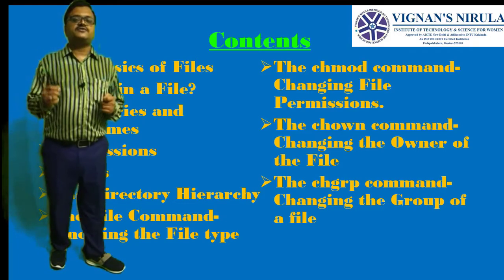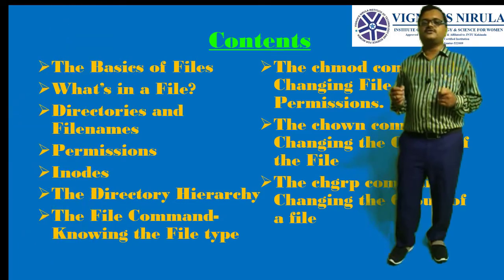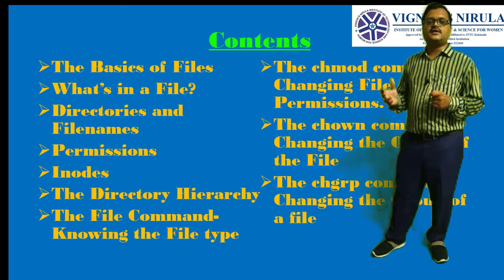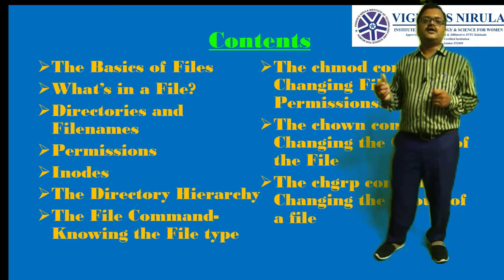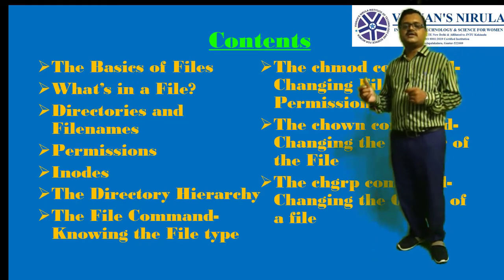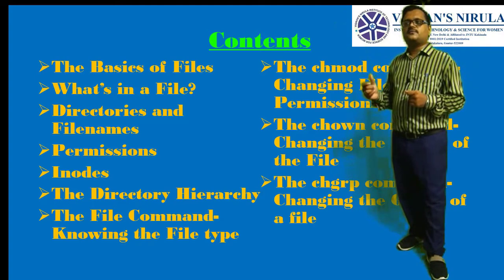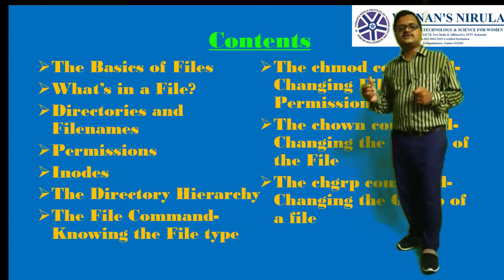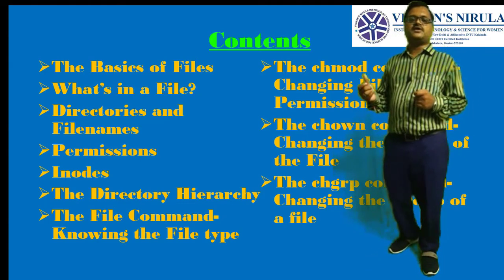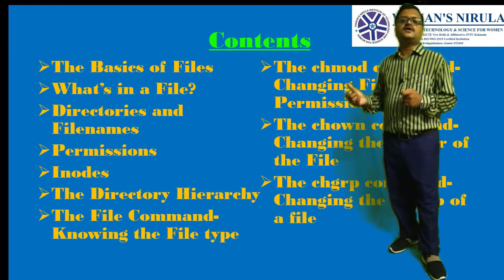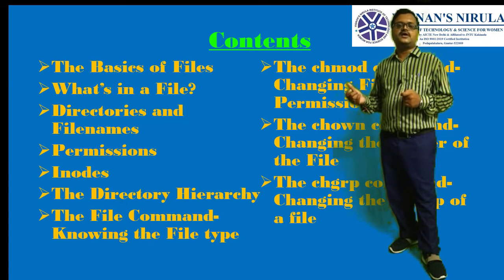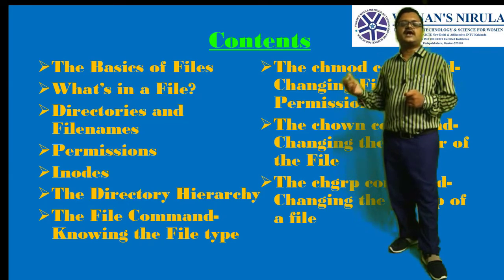That means what are the contents of the file, and how we determine the type of the file. That is the basic understanding here. And what is buffered and unbuffered, that also we will see in the first topic. In the second topic, what is in a file, we will see what a file type is, how we determine the type of the file, what is a binary file and what is a text file, and what is the advantage of a binary file and the advantage of a text file in the Unix operating system. So that also we will study in the second topic.